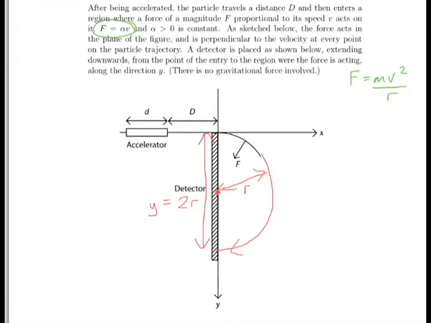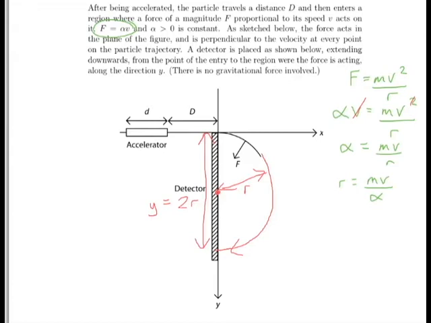So alpha v equals our mass, which is still m, times v squared divided by r. We can now cancel our v on that side and one of our v's on the other side to leave us with alpha equals mv upon r. Now remember, we need to find r and then ultimately y, so r equals mv over alpha,